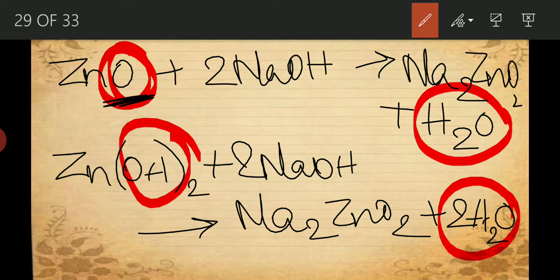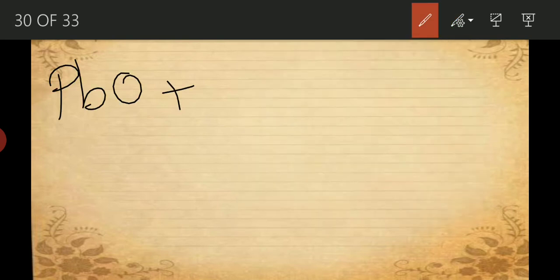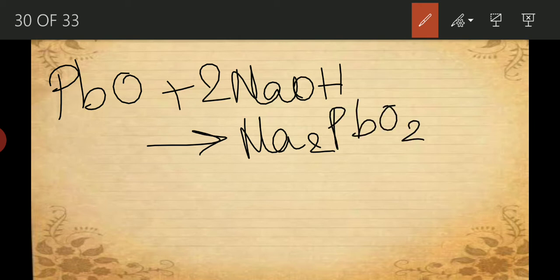So when the metal is reacting with sodium hydroxide, it is liberating hydrogen. But whenever there is oxide or hydroxide of that same metal and reacting with sodium hydroxide, similarly with hot concentrated alkali, then it is producing water. Now the next is lead. In case of lead, when lead oxide is reacting with sodium hydroxide, I'm writing balanced equations, then it is forming sodium plumbite, Na2PbO2 and water,